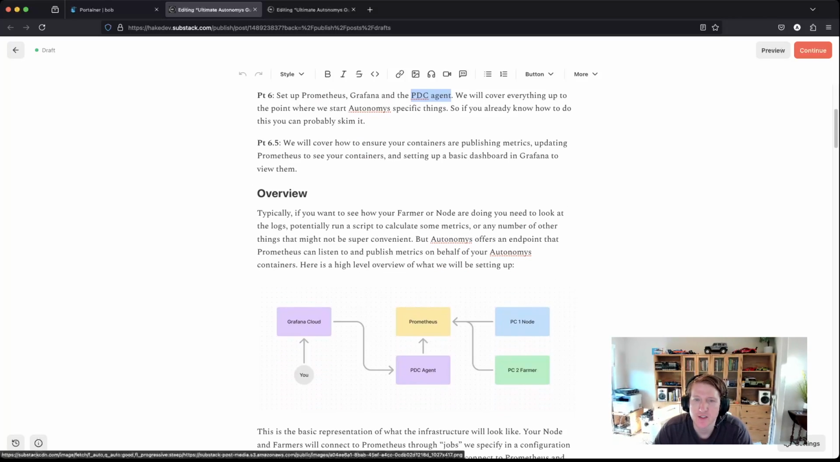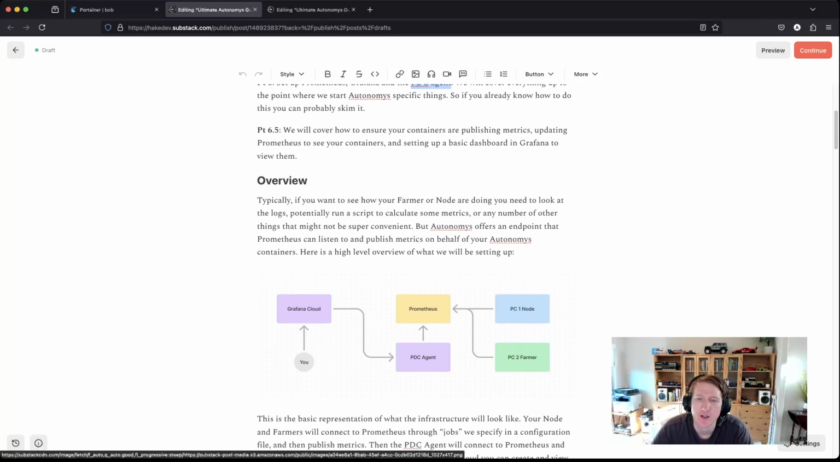But let's get started by understanding how Grafana, Prometheus, and the PDC agent all work together with your Autonomys containers. So typically you have a PC with a node and maybe a farmer as well, all on that same PC. And then you might have a second PC and you might have a farming cluster on that. And you're going to be setting it up so they publish metrics. Now we have Prometheus, which is sort of a middleman between your Autonomys containers, basically like Docker, and the Grafana,